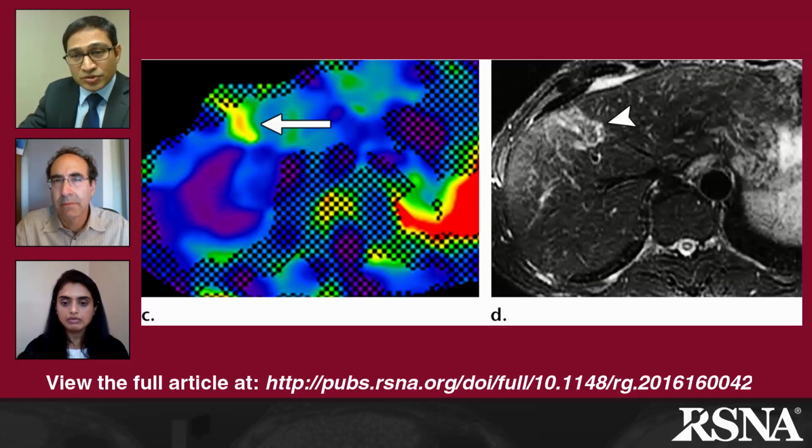And if we happen to do diffusion-weighted imaging in this patient, it will show restricted diffusion in the same place. And if we do arterial phase imaging, it will show arterial phase hyperperfusion at the same place. So all these correlate exactly to the same area of stiffness. Now, you might be wondering, how is this useful? Because if you do an ERCP in this patient and relieve the biliary stricture, that particular area of stiffness will go, really showing that there is a response to whatever intervention has been done.